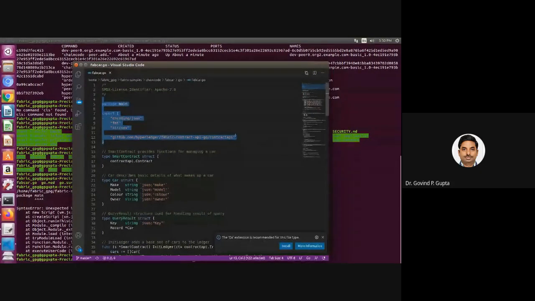Since I'm going to develop the chain code in the Go language, I import the contract API package, which provides a set of libraries. In this package, all the set, get, invoke and init functionality is written.